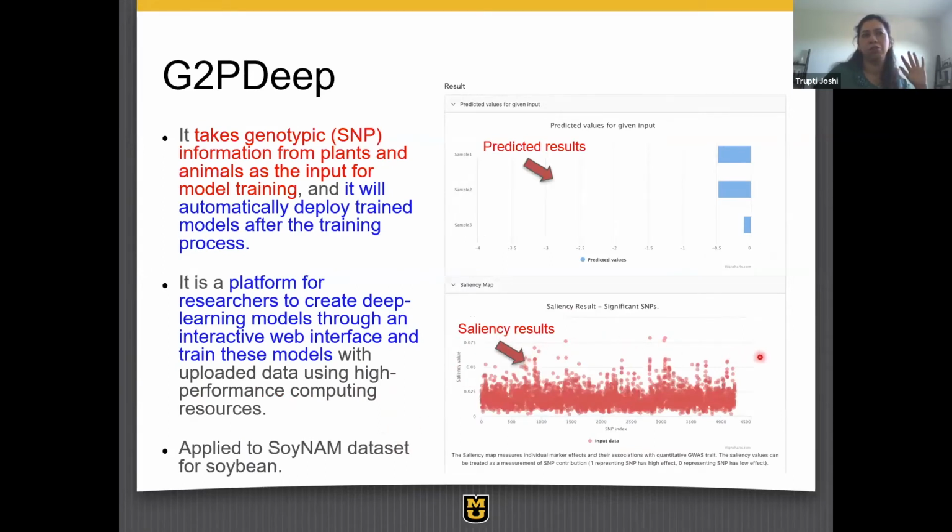And you are actually able to look at the significant SNPs that might come up. So it's almost complementary to a GWAS type, but it will give you prediction of new lines based on the SNP information without having to generate your own phenotypic data. So we have soy and NAM datasets as an example in that development. And so I think this is something that will give you a much more clear idea in terms of how it might apply to certain phenotypic datasets and genotypic datasets that get generated on various crops.